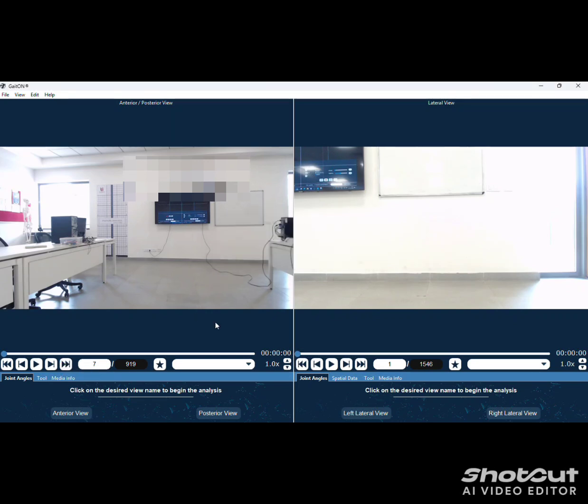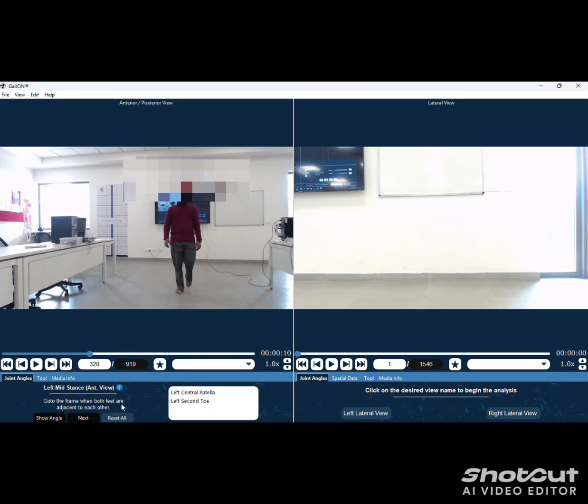Now we move the video frame by frame using the next tab. Here you can see.